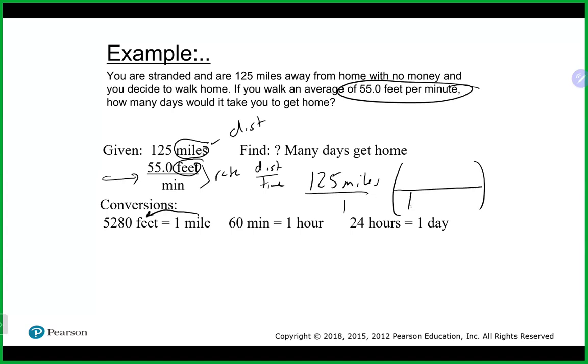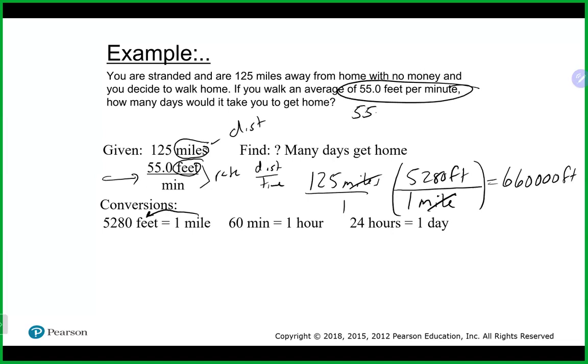So again, to cancel, we want to get rid of miles. That has to go on the bottom. My 5,280 feet need to go on top. And the miles here will cancel. That's going to give me a whopping 660,000 feet. Definitely can get your steps in today, I suppose. Yes. So now that I have it in feet, I am good to go with my conversion factor, which can